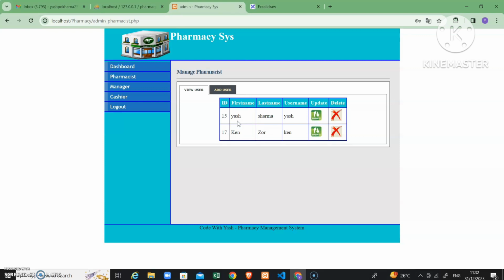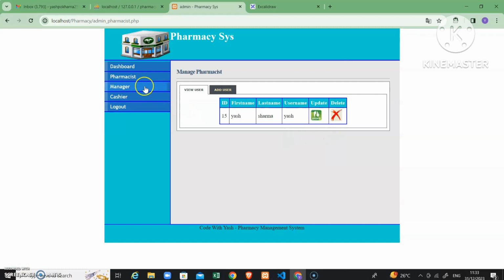If admin wants to delete a particular pharmacist, he can also delete by clicking on the delete button. So the pharmacist is deleted. Similarly for a manager and cashier, he can add a new manager and new cashier. Let us add one cashier.